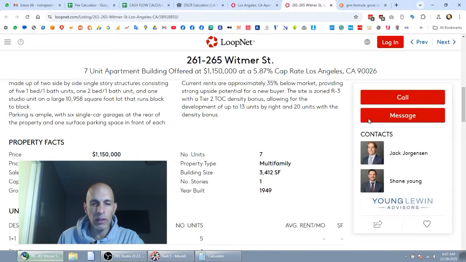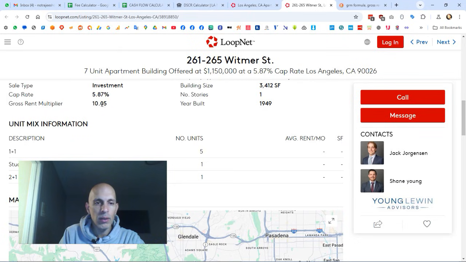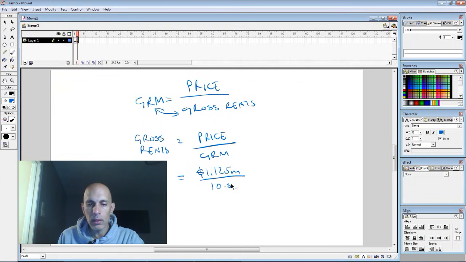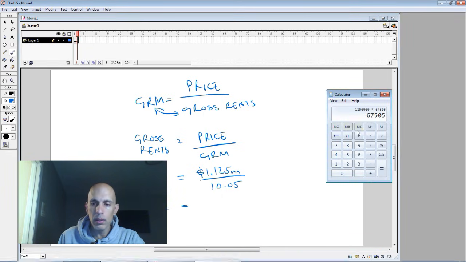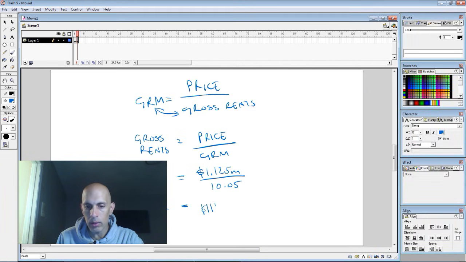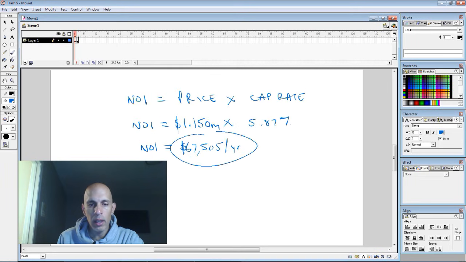And if you can't see it, it's behind my head there, right there. So gross rents are equal to 1,125,123 divided by 10.05. So gross rents are 111,940, which is kind of hard to believe because